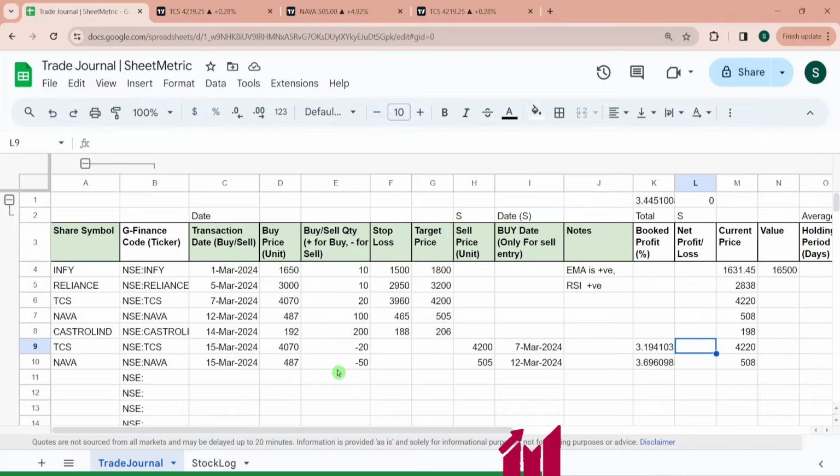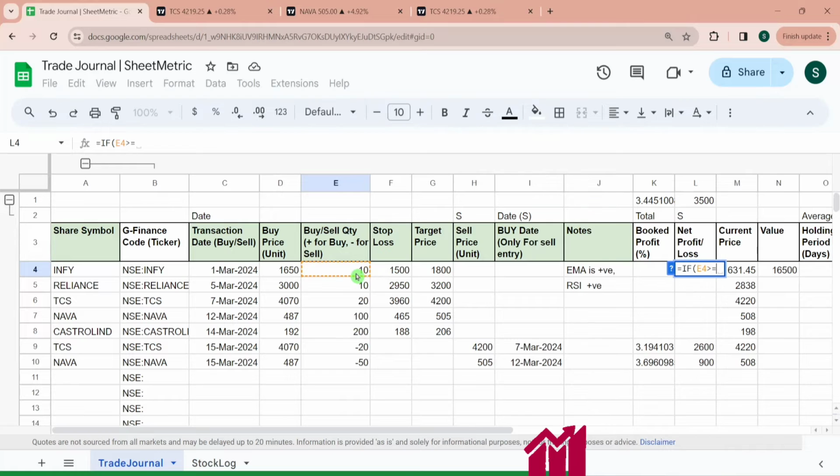Similarly, for net profit and loss, this should be sale price minus buy price into quantity. Here the quantity is negative, so I am doing a minus sign. Then this. So this has been the profit made on TCS, and then I'm dragging it down. Now I want this formula to be written over here with the if condition, so that it is visible only on the sell entries. So I am copying it, and then here I'm writing an if formula: if this is greater than or equal to positive, then do nothing, else